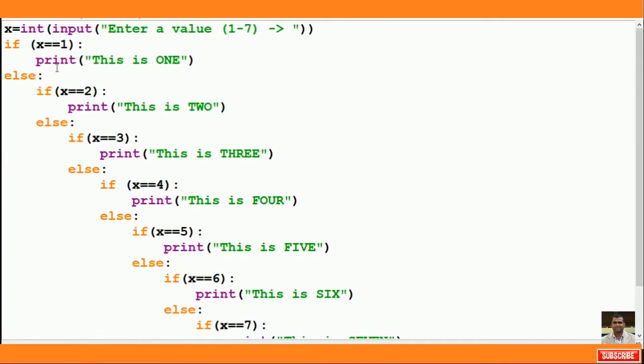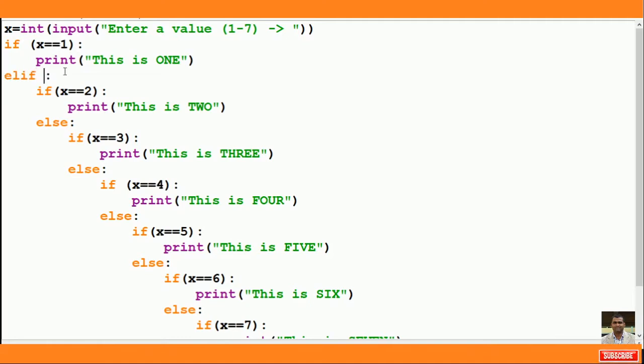See, a single x value having multiple sub values. You see, the x variable is going to have multiple values here, 1, 2, 3, 4, like that. So this nested if else statement can be coped with using the elif structure. So I am going to modify this one with the elif structure. Now you see how to modify this. Here you see, if x equal to 1, print this one, then else. With this else we are going to write here elif.